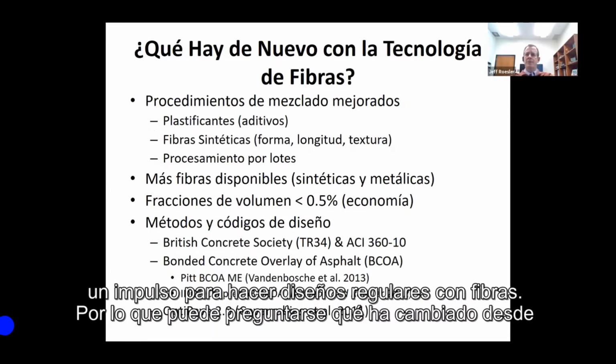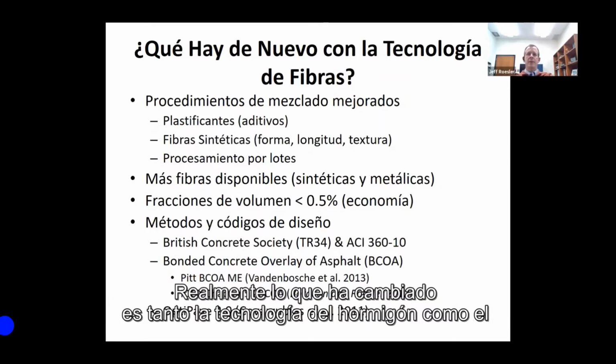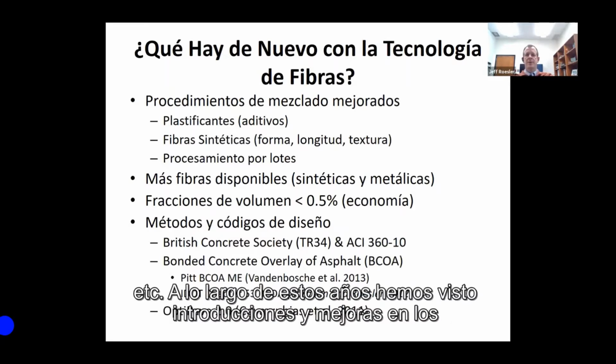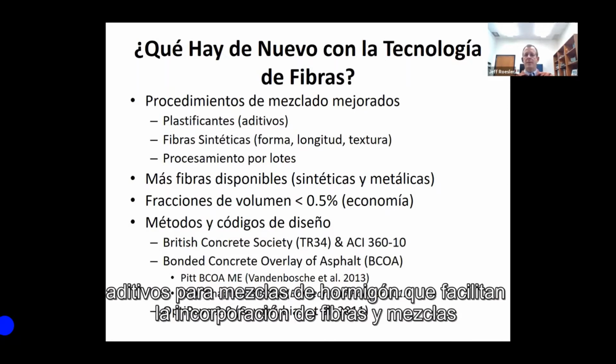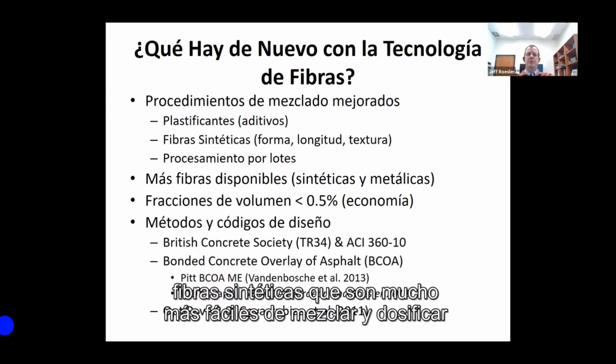So you may ask, well, what's changed since those experiences 25, 30, 40 years ago? Really the things that have changed is both in concrete technology and the design and structural testing of the benefits. And so over the years, we've seen introductions and improvements in additives for concrete mixes that allow easy incorporation of fibers and mixing of fibers, as well as the introduction of synthetic fibers, which are much easier